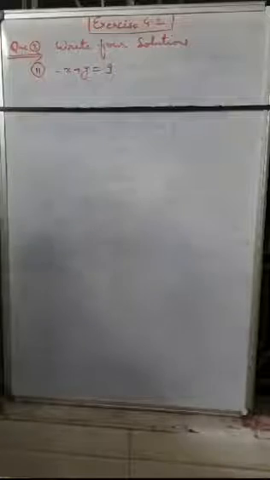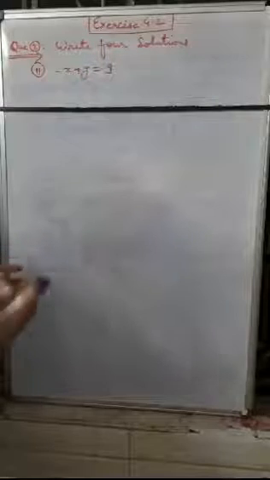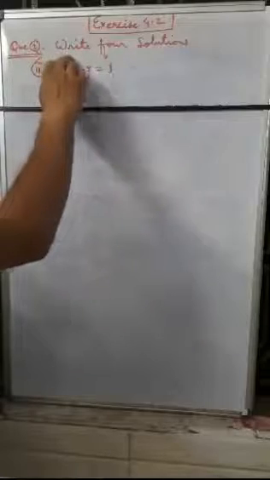We are solving question number 2 of exercise 4.2. Write 4 solutions of the given equation. So I have selected question number 2: -x plus y is equal to 9. In the previous question we also put the value of x as 0, 1, -1, 2, -2. You can also put these values or the values you like most. It may be 15, 16, 18, 21, 1000, 2020. You can put any of them in place of x. So suppose I have to give only 4 solutions.